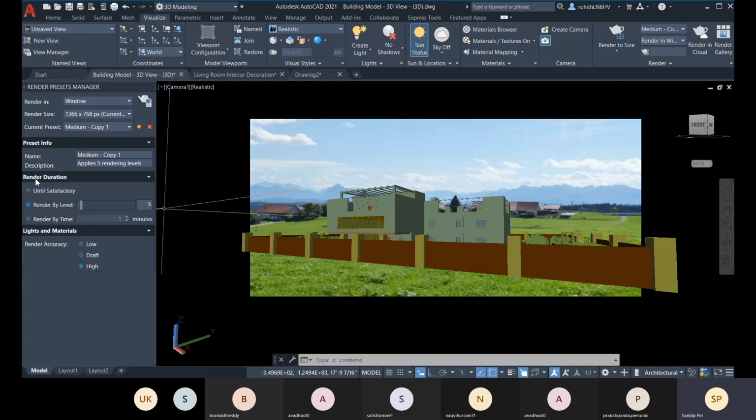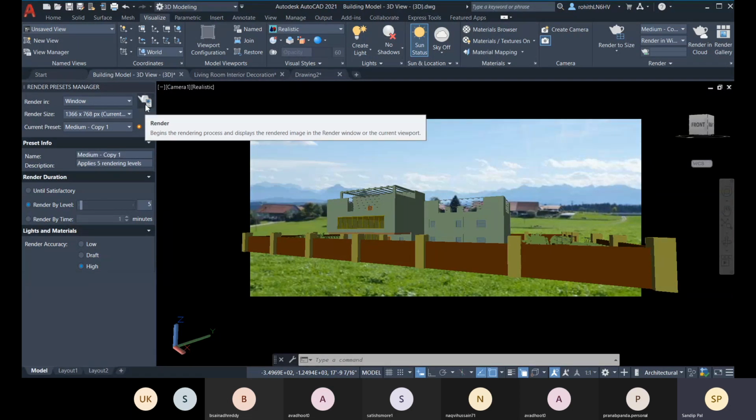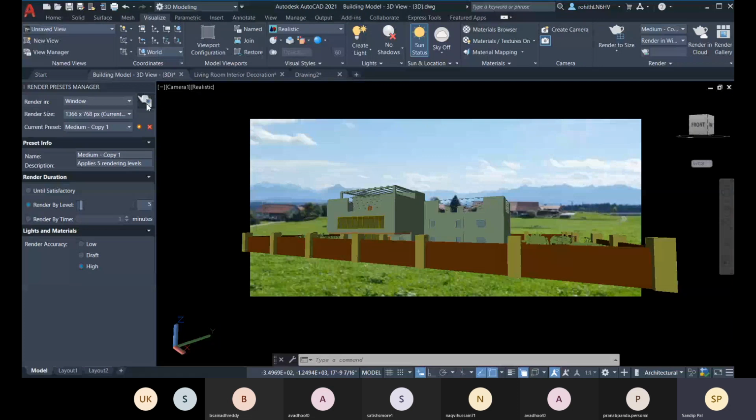How much render duration there will be, you can set by time. I'm going to select this medium copy one, and here you have this render option. How much it will render, here we have the settings as well.